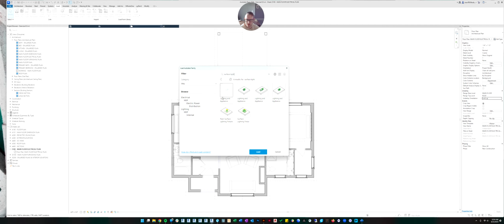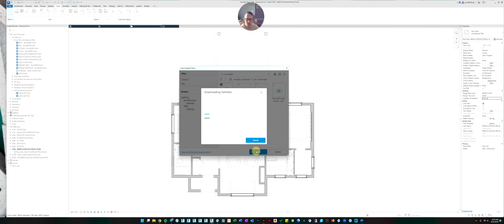See if that brings up anything. Surface light fixture. I don't know what that's gonna look like. Maybe like a round light. Let's see what that brings up. Ceiling light, flat and round. That seems like it's a good generic light. Let's go with that. Let's pick the first one and load it.